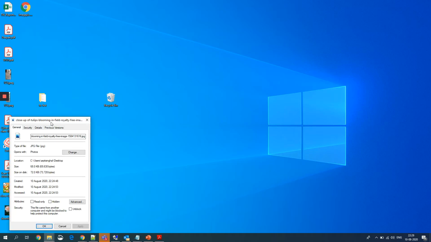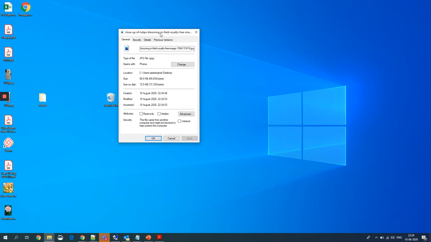In the properties window, you can see we have a name of this file where JPG is written and the name is written. So as like the name is too long, you can see, no problem. Your image can have a very small name also.